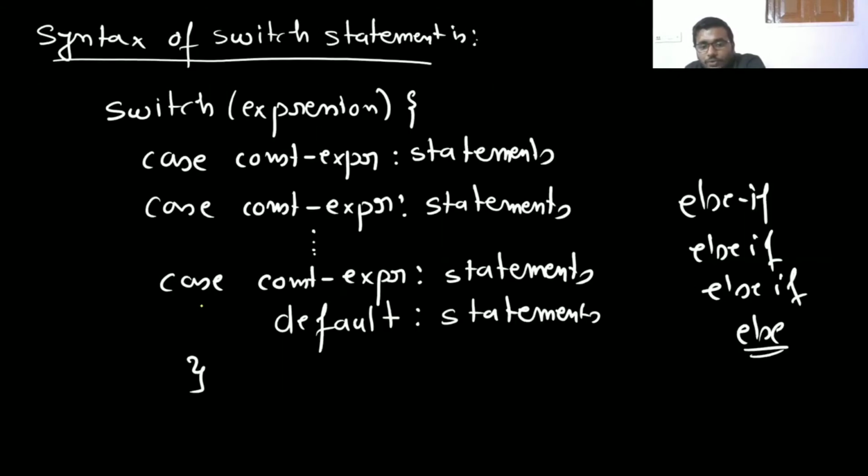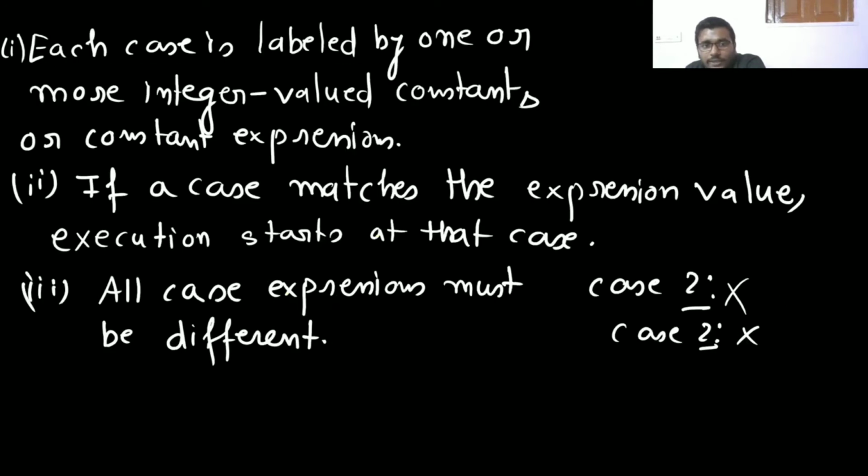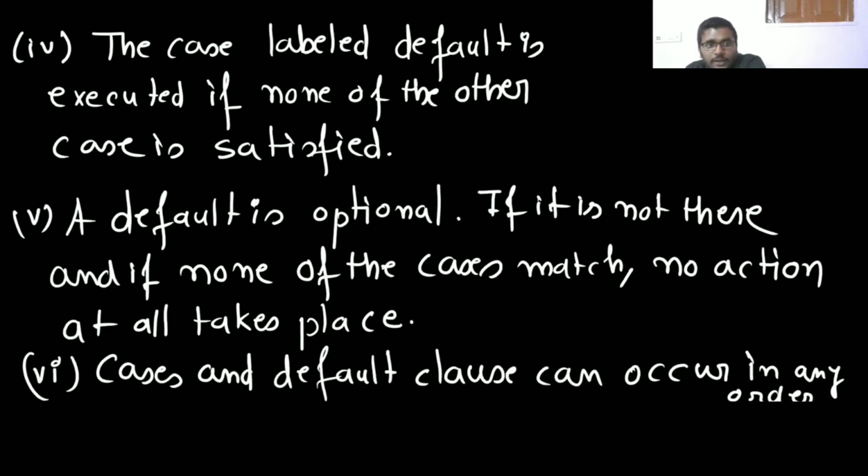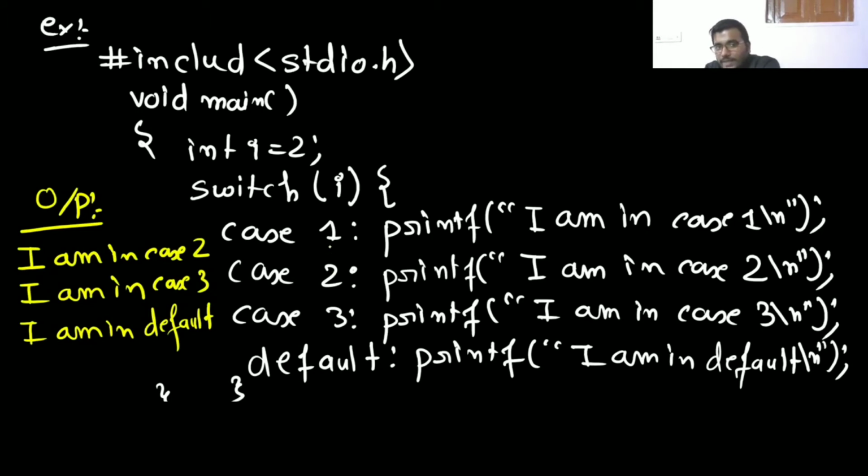यहाँ हमने क्या किया, जब कोई भी कंडीशन सेटिस्फाई नहीं होता है, देखिए कहाँ है, a default is optional. If it is the case label, default is executed। देखिए मैं क्या लिखूं, the case label default is executed if none of the other cases is satisfied। अगर कोई अदर केस सेटिस्फाइड नहीं होगा तो डिफॉल्ट होगा, ठीक है।